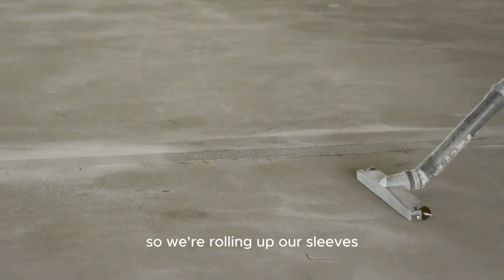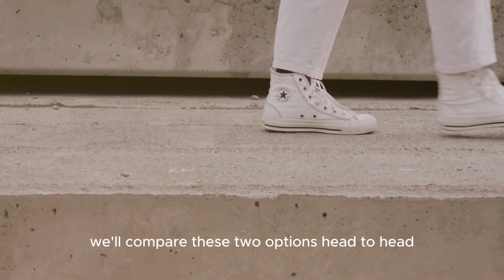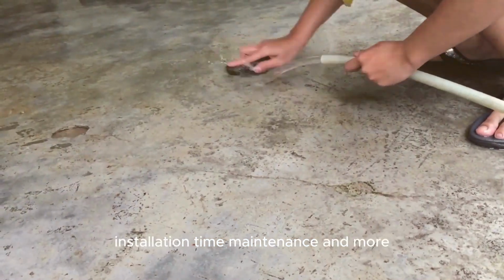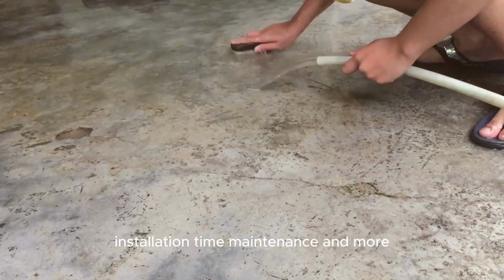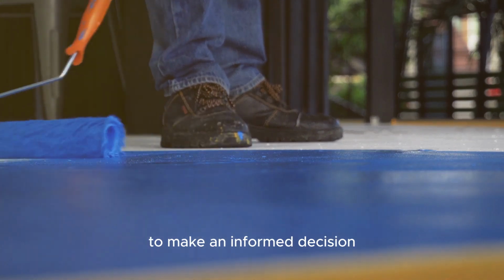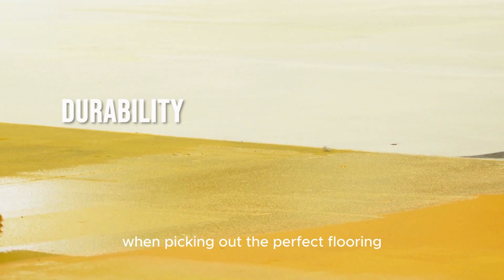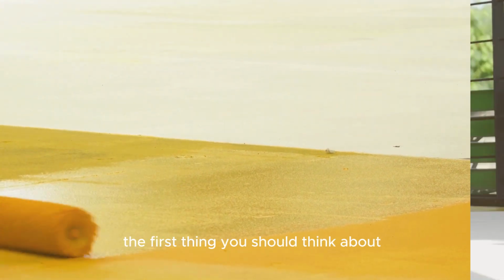So, we're rolling up our sleeves and getting down to the nitty-gritty. We'll compare these two options head-to-head on durability, cost, installation time, maintenance, and more. By the end of this video, you'll have all the info you need to make an informed decision that'll floor you. Durability. When picking out the perfect flooring, the first thing you should think about is how tough it needs